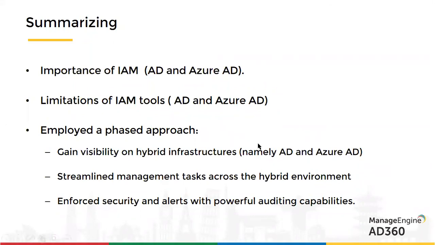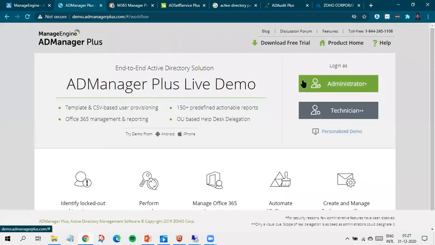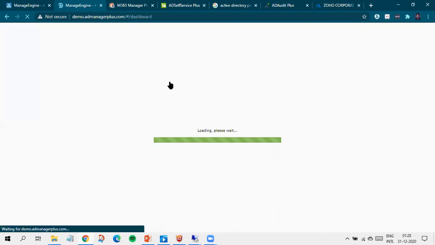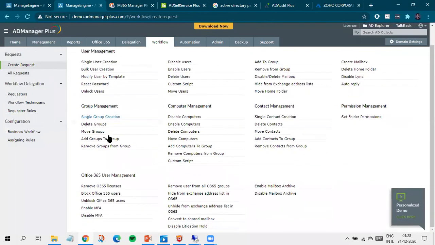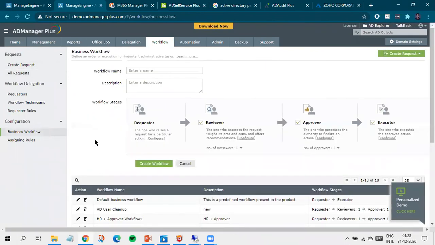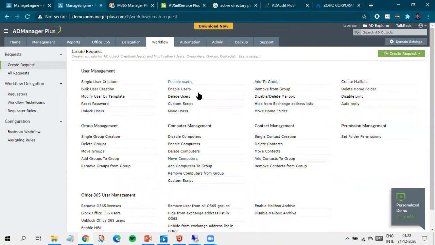Now, before I end this particular webinar session, just another important thing I want to talk about, and that is a workflow feature that is something ignored if you have an AD Manager Plus console, and this is very important, something that needs to be looked into. And if I log into AD Manager Plus, and if I head into workflow, right? So there are certain activities in your Active Directory environment, in your Office 365 environment, that you could set a workflow for, right? So other users in your environment will look at a request that can be raised by a user. And if the other authorized users approve the request, only then it will be carried out, right? So this is a multi-step check for critical activities that is happening in your Azure or your Active Directory environment,